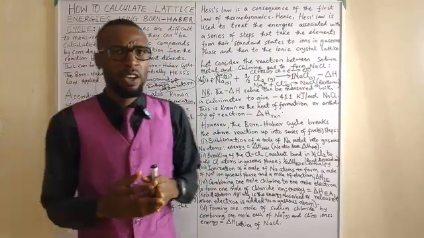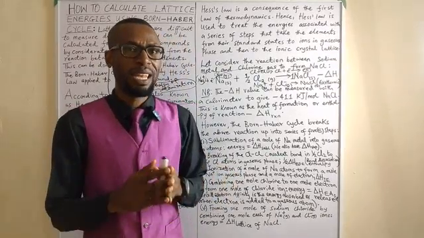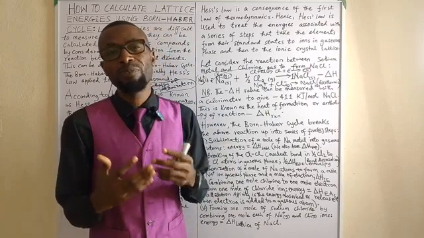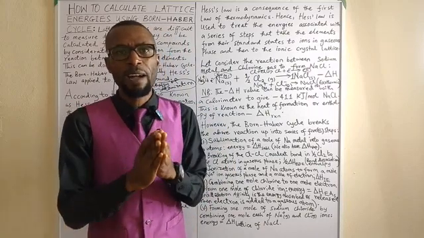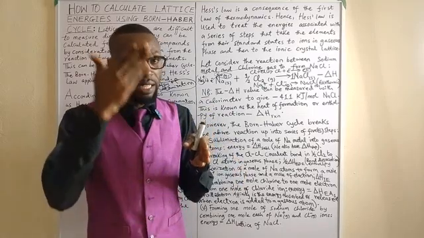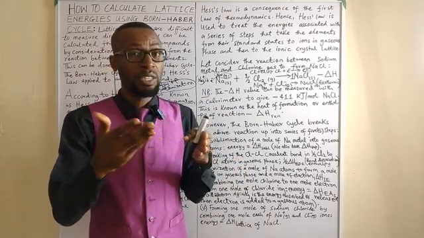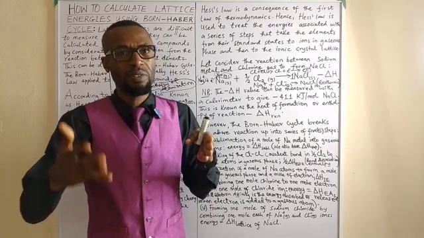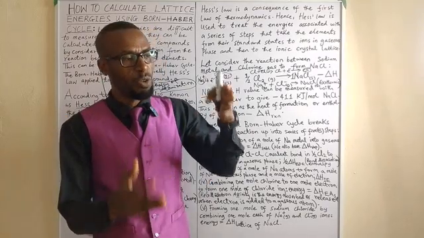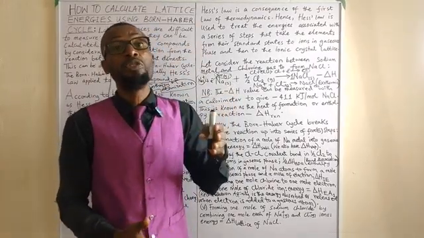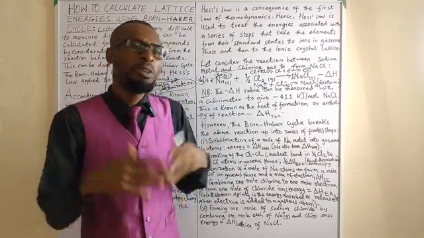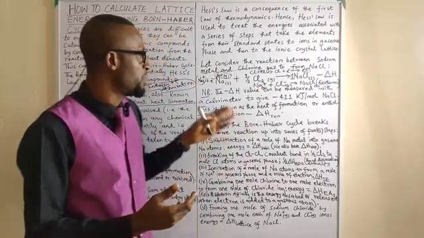I believe today we're able to revisit what we mean by lattice energy. We're able to also understand that lattice energy in most cases cannot be determined directly. However, if we pay attention to the Born-Haber cycle, it helps us to break down the formation of an ionic compound into important reaction steps involving different enthalpy changes, and the summation of those different enthalpy changes should give us a value equal to the standard heat of formation, which we would have measured directly if we were using a